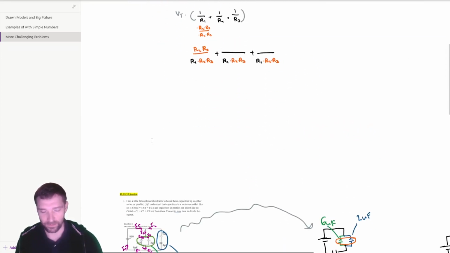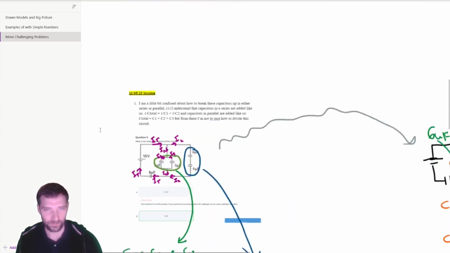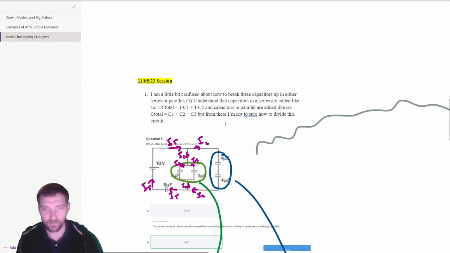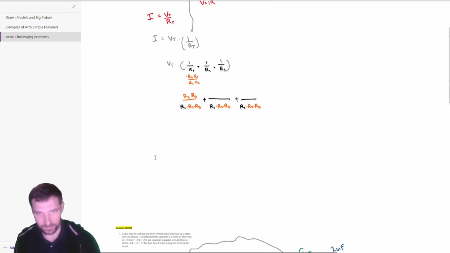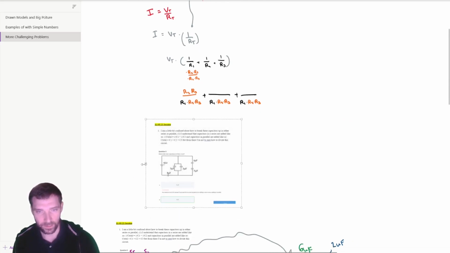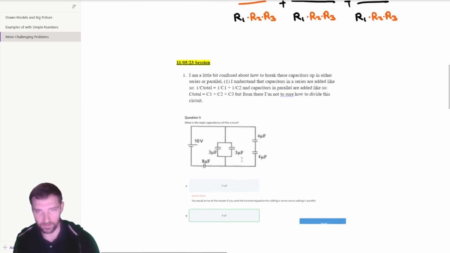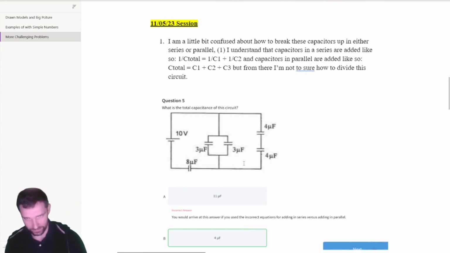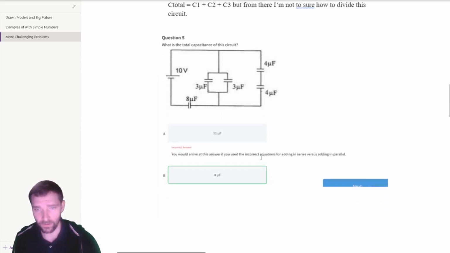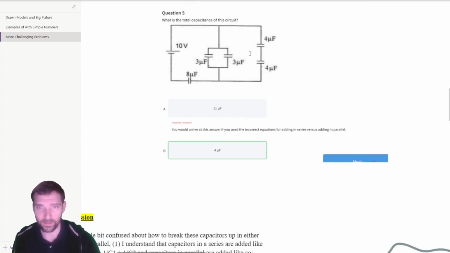These problems are a little weird for your brain for sure. So there was another problem here. I'll just snip it so you can actually see the original problem. There was a bunch of capacitors, and they wanted you to combine them to figure out how it all relates as a whole system. So the way that I think about this is that I can see that the charge